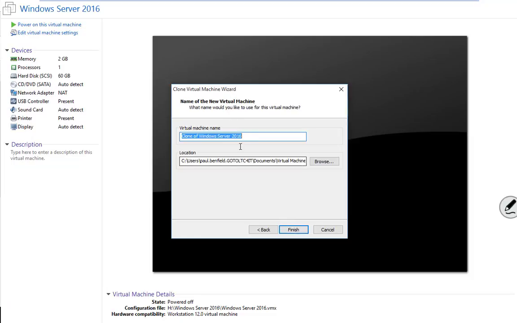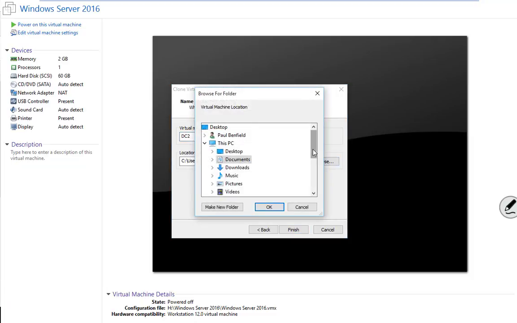And this is where, basically, what happened is you missed the step the first time, or part of the step, and this is where you can fix it. So I can now name it DC2, and this is what's going to name all the files and everything VMware references. The second one is the location, and so now you can put it in the right folder. And I'll make a new folder called DC2,